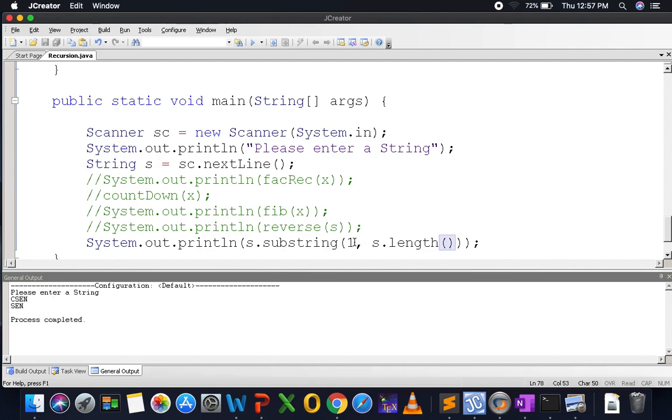Now, if I want to do it with the whole string without the last character, then I will start with the character 0. However, I have to stop at s dot length minus 2, and since the second parameter is exclusive, I have to do it with s dot length minus 1 in this case. And this will help me to implement the recursive method reverse,